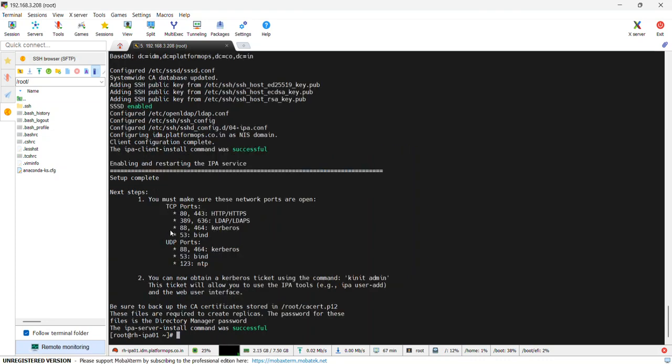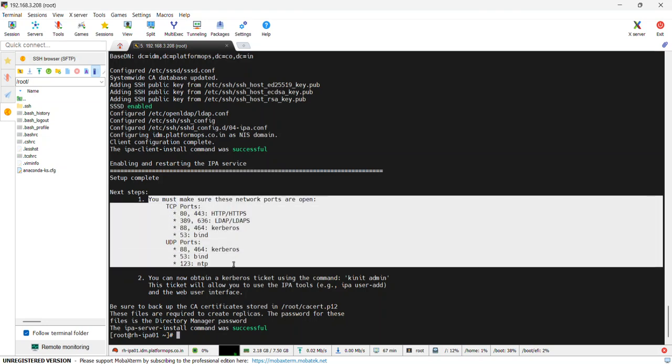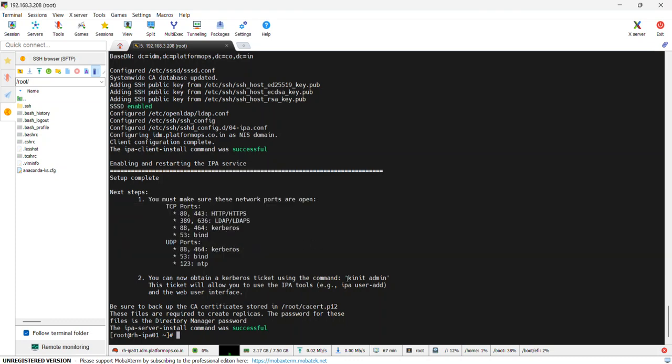So it's successfully done, and my IPA server and the DNS domain are in the same subnet. For that, I did not want to allow these particular ports. If it is in a different subnet, then you have to take care of these particular ports. They should be open, and then after that, we can check